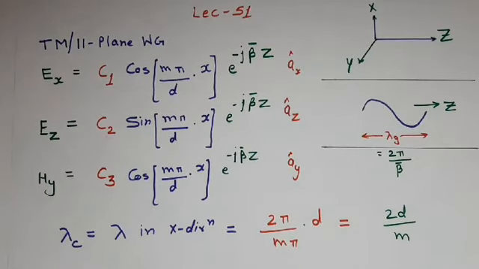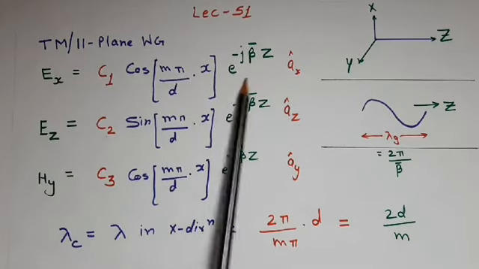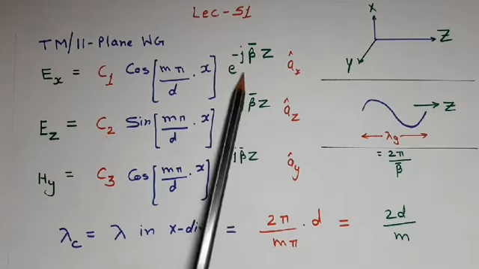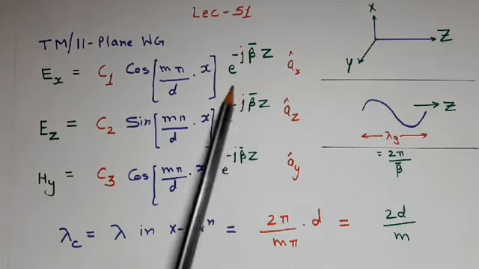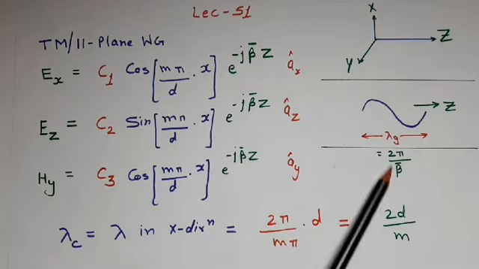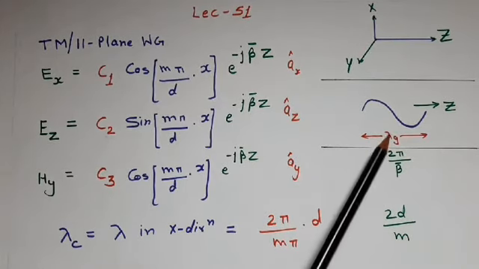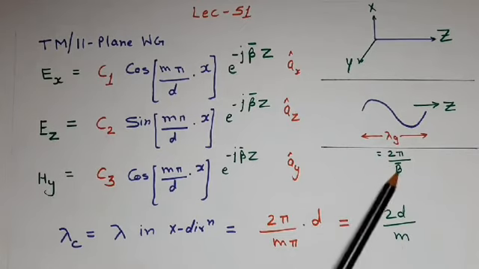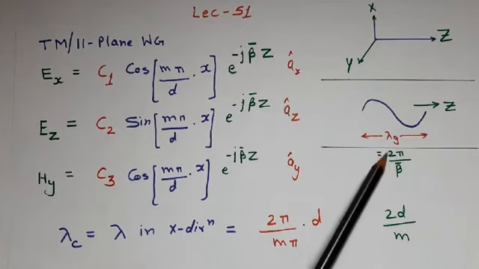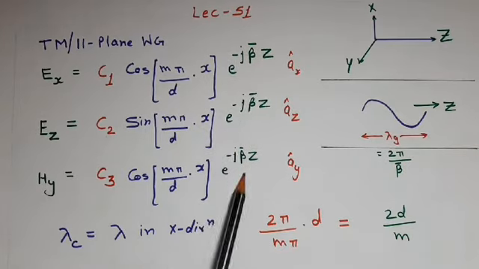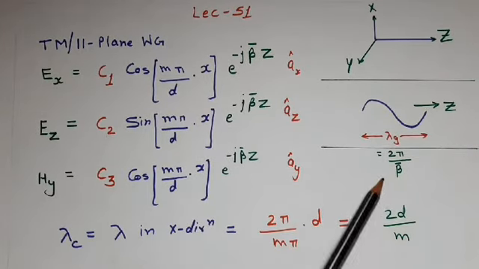Now if we observe these three expressions carefully, then we find that in z direction there is always a sinusoidal variation, and that sinusoidal variation will have a wavelength of 2 pi upon beta bar. This wavelength in z direction is also known as guided wavelength, represented by lambda g, and lambda g is equal to 2 pi upon beta bar. This we have seen in our previous lectures also. So variation of field in z direction is very much clear, means it would be a sinusoidal variation with wavelength 2 pi upon beta bar.